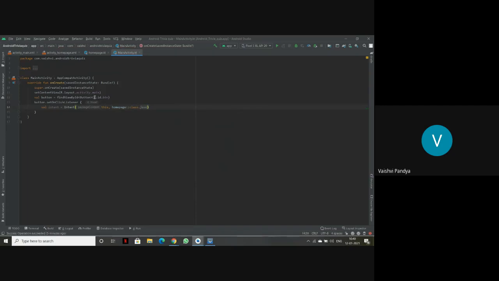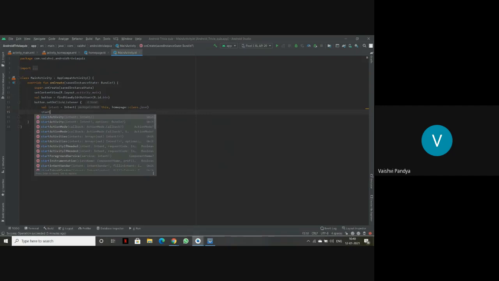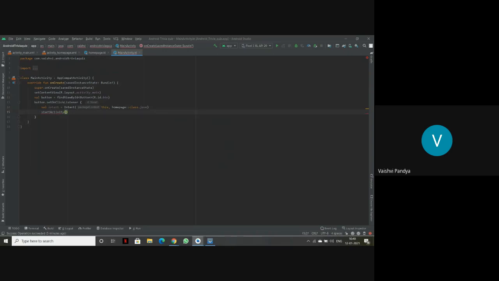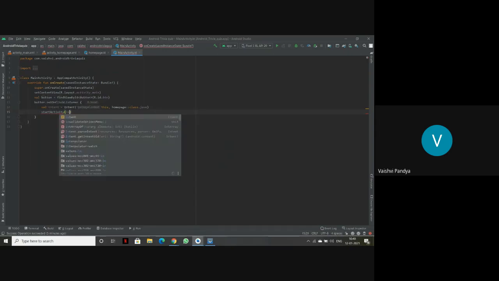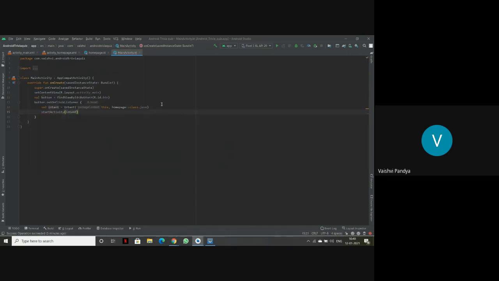Now this is a code that you'll have to remember if you want to go from one page to another page. There is no explanation needed, but the main explanation about setOnClickListener and the home page I have shown you. The last line we'll write is startActivity, and that is the first option. Okay. Now this is the code that we have to write when we want our button to be used.